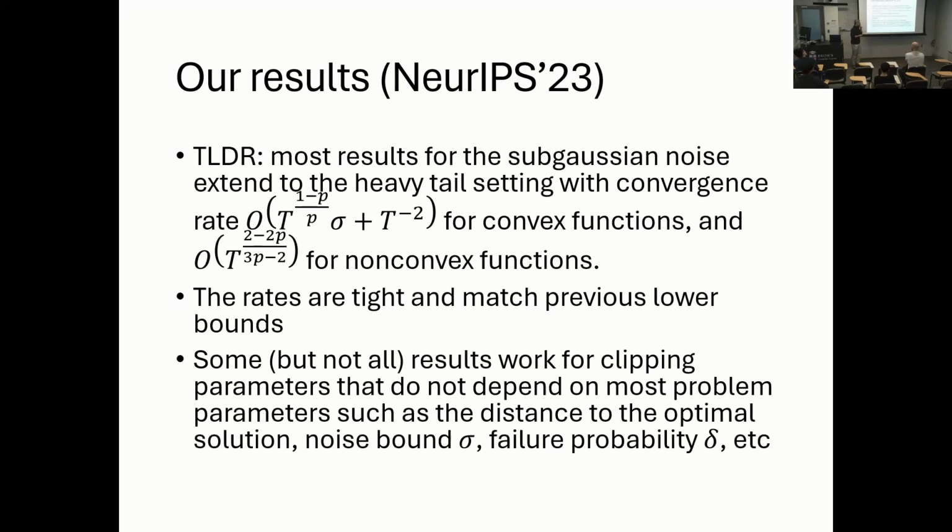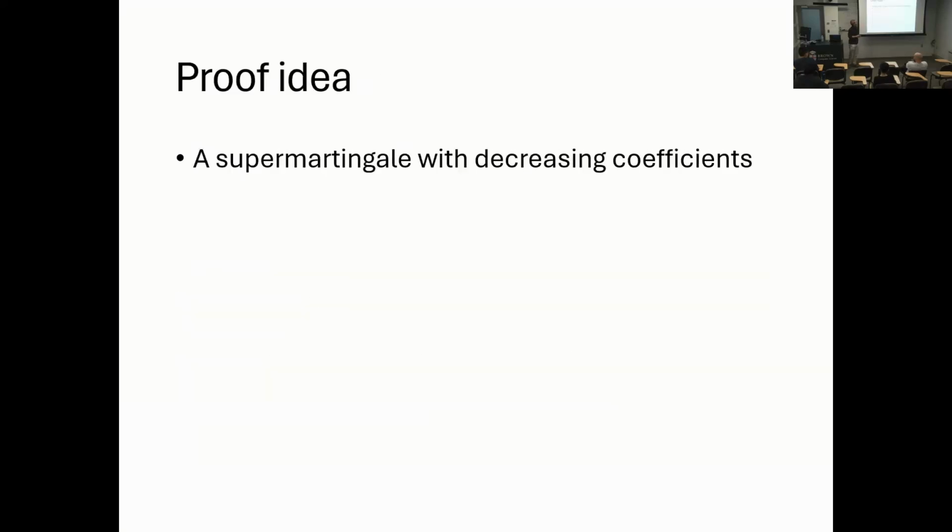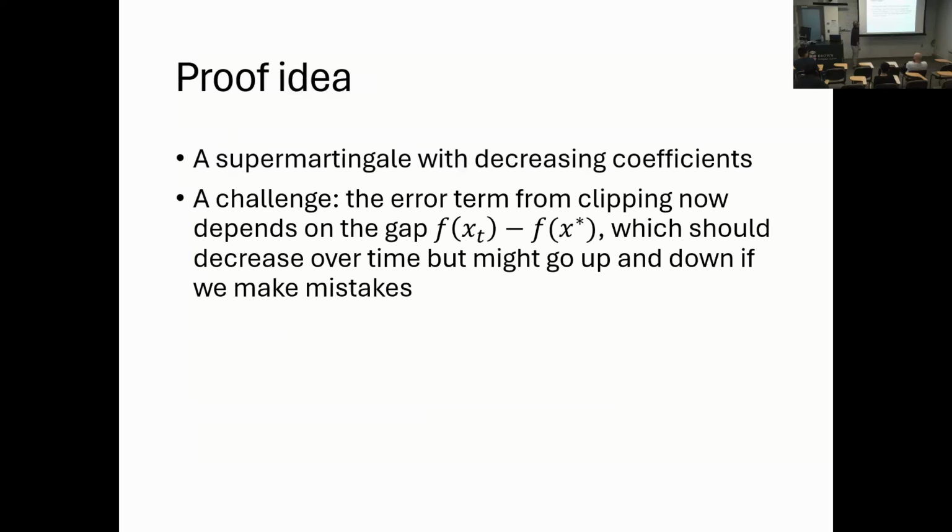And it also feels a bit strange that we need this clipping to be so precise and dependent on so many parameters of the problem. So it would be nice to improve this. The idea is still using some kind of martingale. One challenge, and I will not go into the proof, is that because of the clipping, it introduces some bias, which introduces error proportional to the gap between the function value of the current solution and the optimal solution. And now we have to account for this in our decreasing